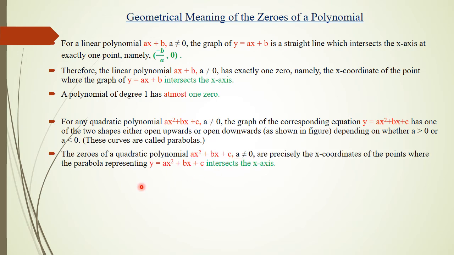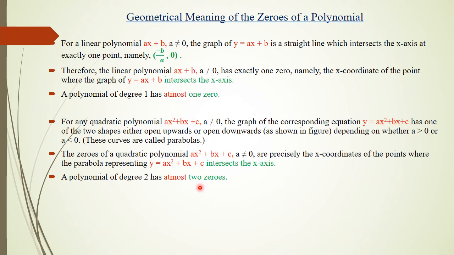Therefore, the maximum number of points where these curves can cut the axis is 2. Therefore, I can conclude that a polynomial of degree 2 has at most 2 zeros. It cannot have more than 2 zeros. It can have 1 zero or no zeros, but it can have a maximum of only 2 zeros in